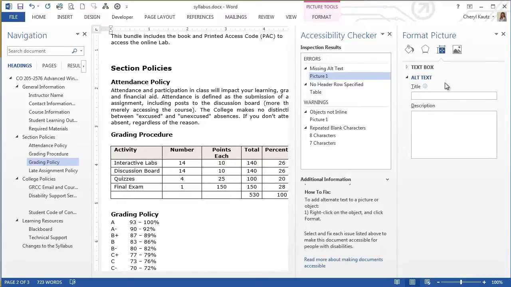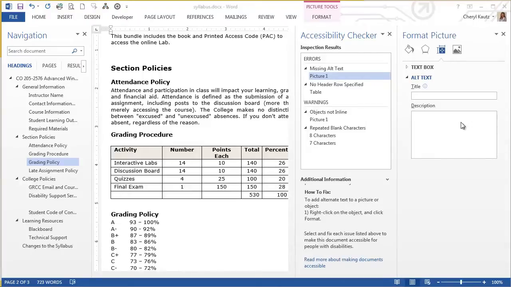I'll leave the title field blank as it does not convert well for when this document is saved as an HTML file and for backwards compatibility issues. For a detailed explanation of why I will not use the title field, again, please see the alt text video tutorial. I'll add a good description that does not repeat information in the surrounding text and makes clear the purpose